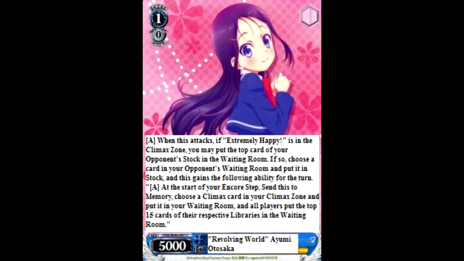So when Revolving World Ayumi attacks, if you happen to have its climax in play, then you can put the top card of your opponent's stock into the waiting room, and then the fun begins. You can take 1 climax from their discard pile, put it on top of their stock. You can take a different card if you really want to, but climaxes is really where it's at. And then